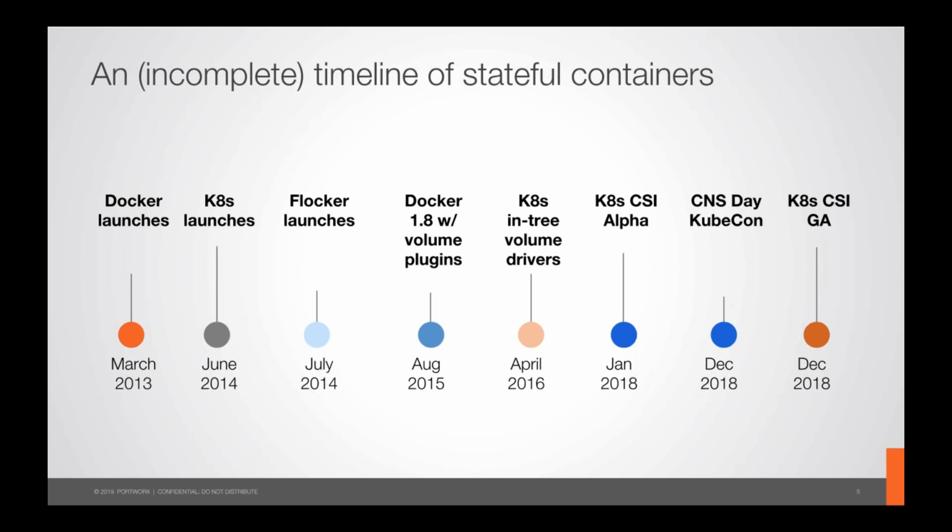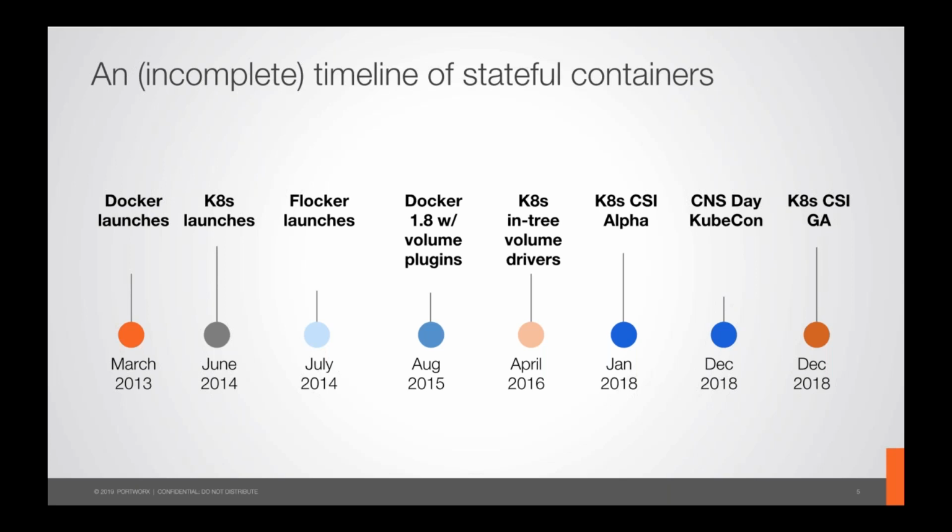Flocker was launched in July of 2014. And again, this is kind of the first open source project that was really focused exclusively on the ability to run stateful services in containers. That only came in July of 2014, and it was a year before Docker 1.8 came with the notion of a volume plugin, the ability to easily take an existing volume on a host and bind mount it into a container. That was a year after Flocker came around, and another year before Kubernetes introduced the notion